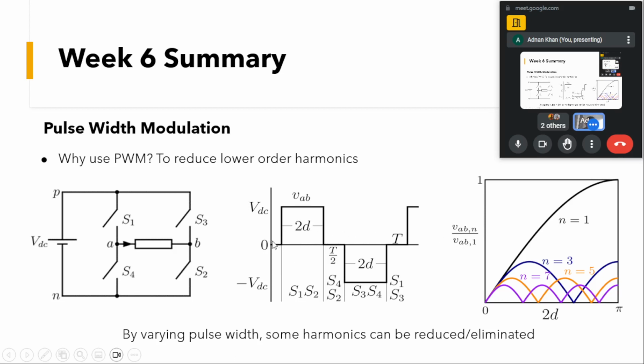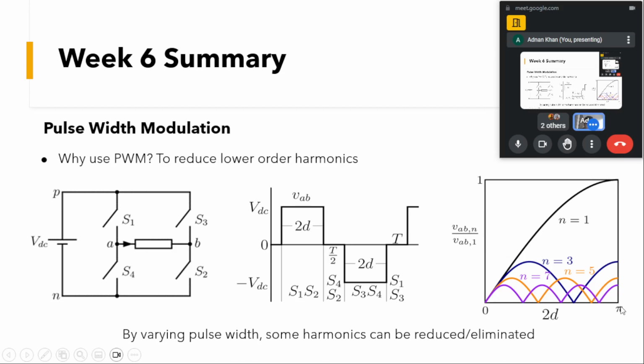If you can see the variation here, it is normalized from 0 to pi. If we have a pi-degree width, the fundamental will increase,